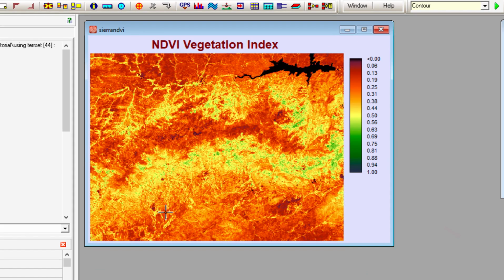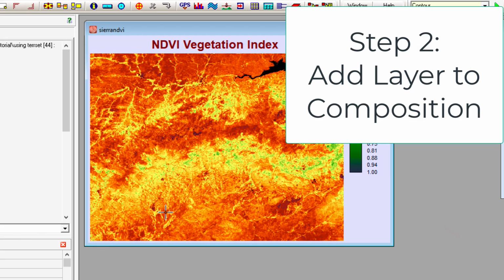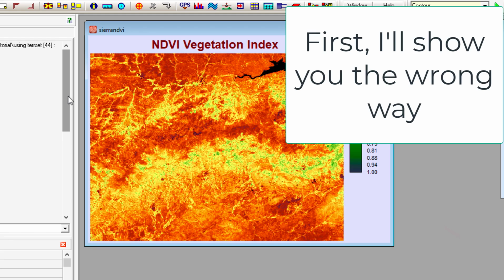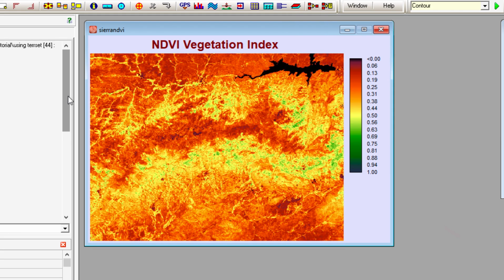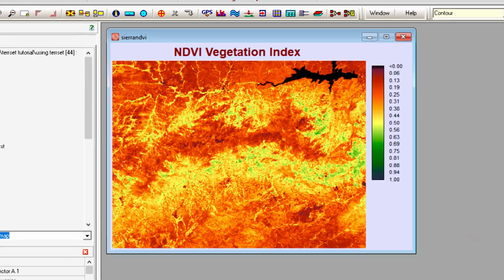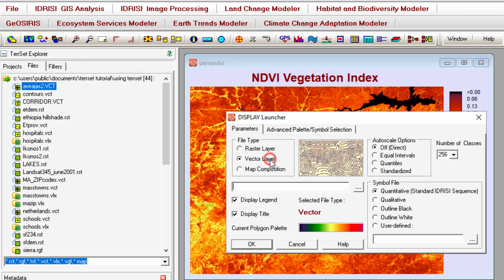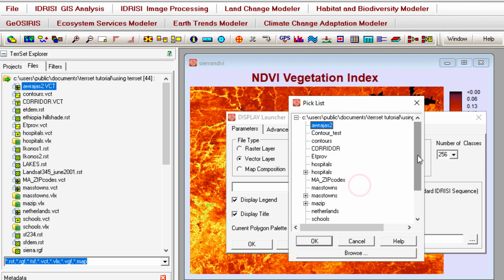The next thing is we want to load a layer to drape over this NDVI satellite image. And I'll show you the wrong way to do it first, because this happens a lot when we're using TerrSet for the first time: we just open up another layer and then they don't actually match up. So I'm going to show you the wrong way first, which is display launcher, and we're going to click vector layer, and we're going to look for